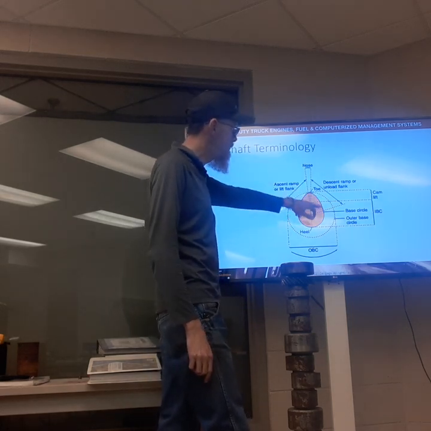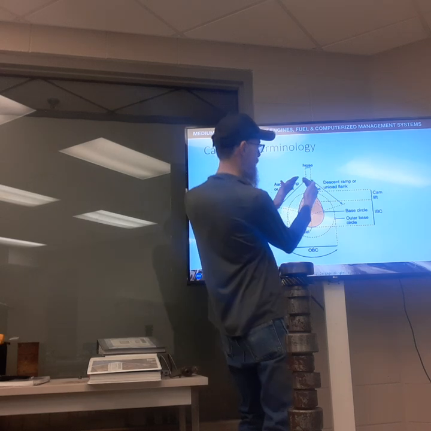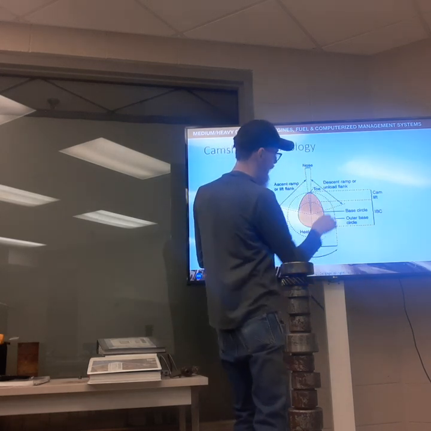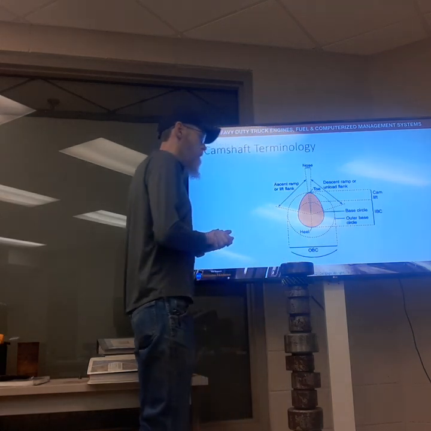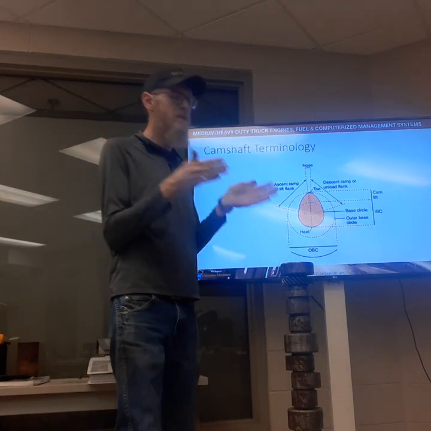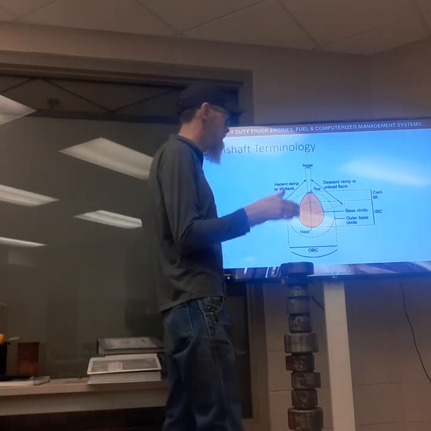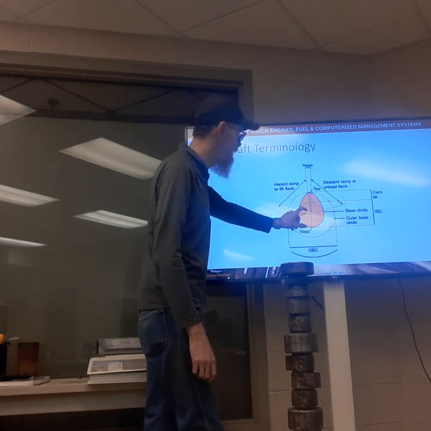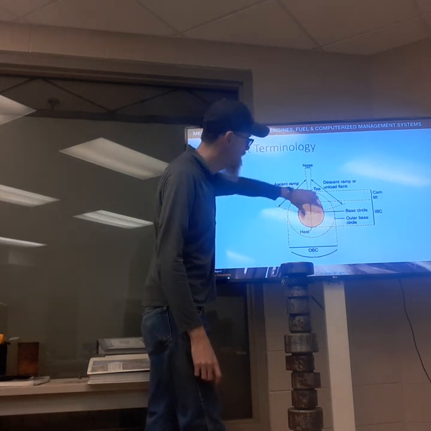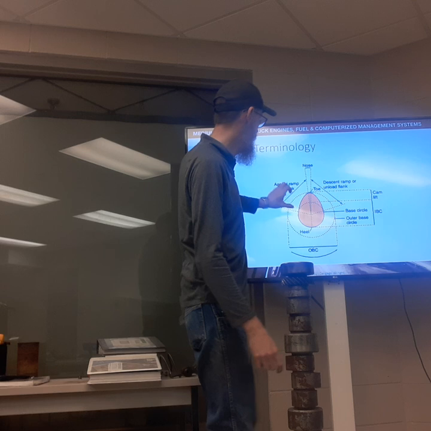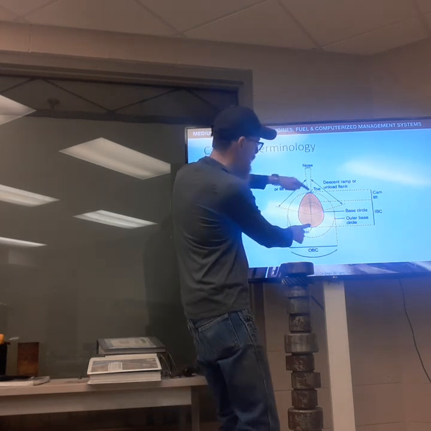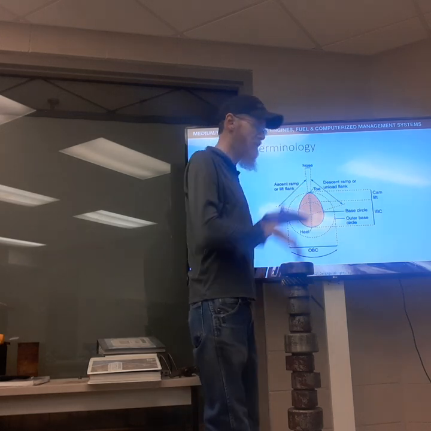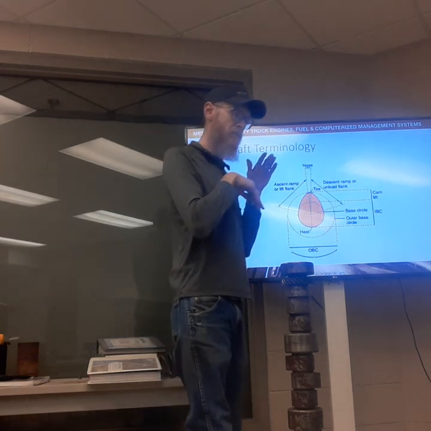Instead of the nose of that cam lobe being real sharp and pointy, if we were to spread that out and make it more rounded, that could increase the amount of time the valve is open versus how far the valve opens. So the difference between our base circle geometry of the cam lobe versus the outer circle, meaning the nose of the cam lobe,